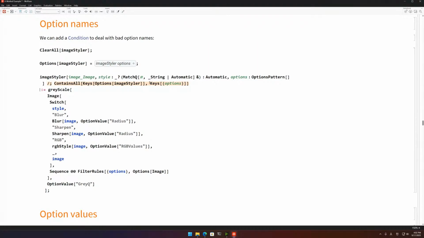Now, this is very similar to this blank question mark test, and the main difference is that the blank question mark test is applied only to a single argument in your function. So here, if you have the style argument and you have some test for that argument, that test is only applied to this argument. But what if you want to have some test that tests all of the arguments via some, let's say, complicated or involved logic? Well, that's when condition comes into play,